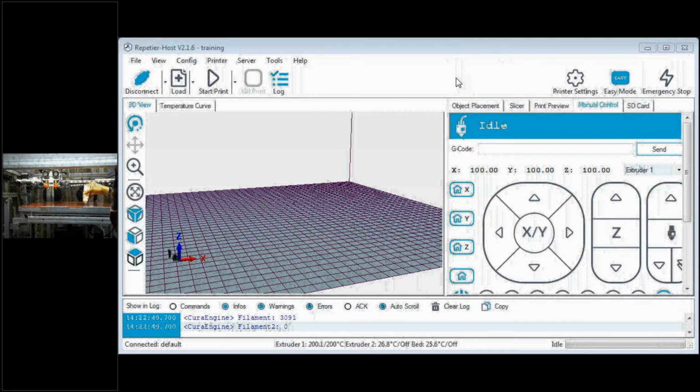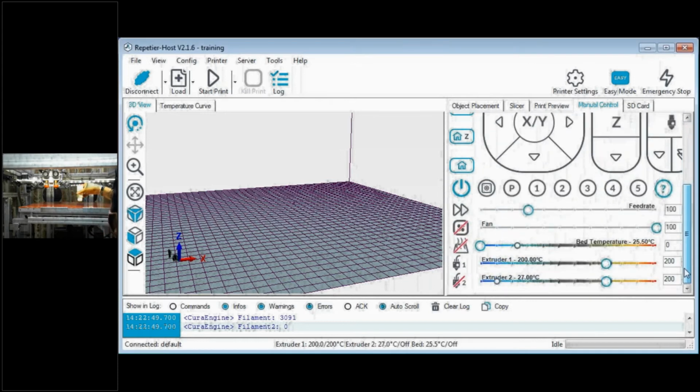So don't over-apply your glue. Just apply only once. Only one layer of glue is more than enough. And try to apply exactly where your model is going to be printed. Don't apply it all over the place. In our case, I'm applying it at the front end of your table. So I am applying it over here.